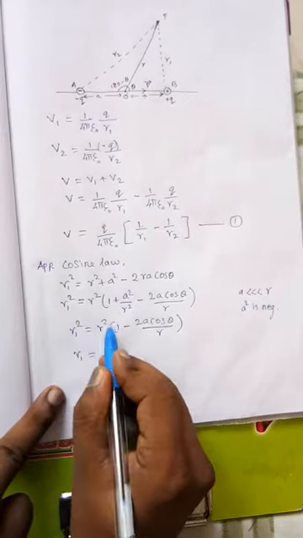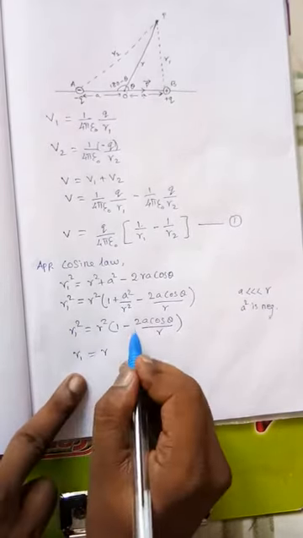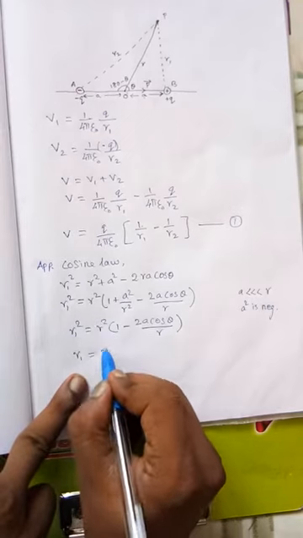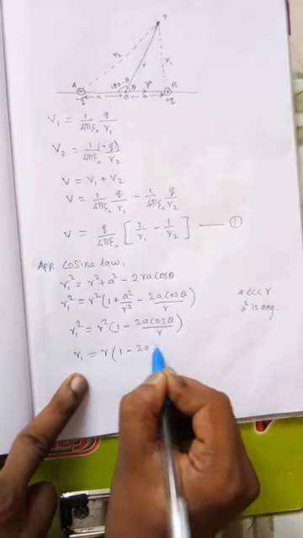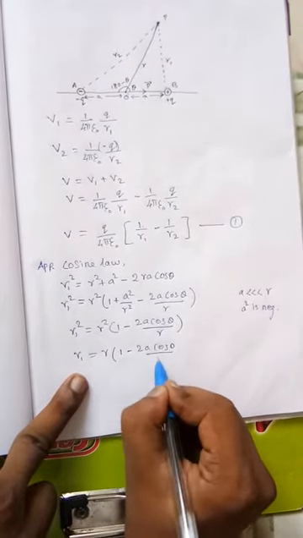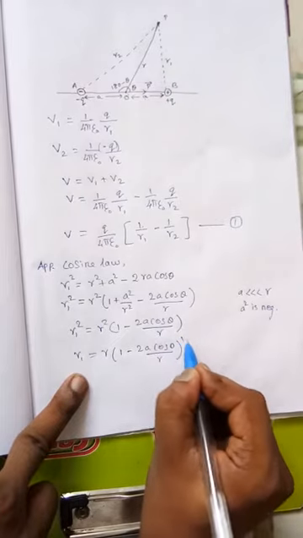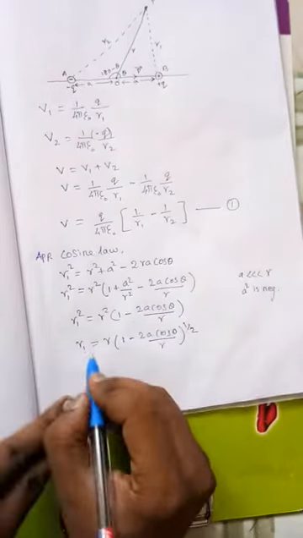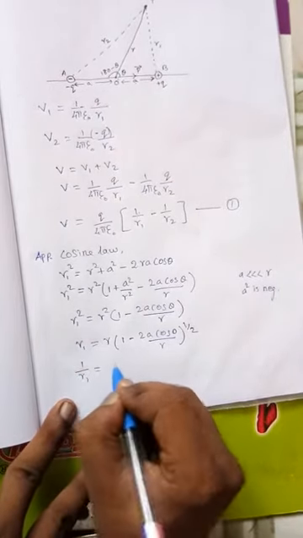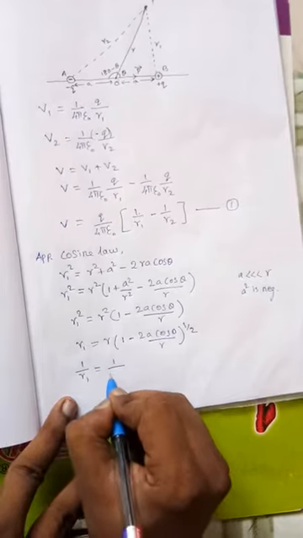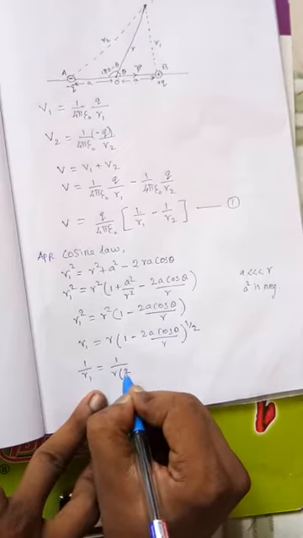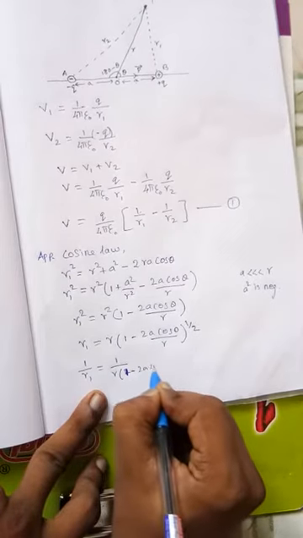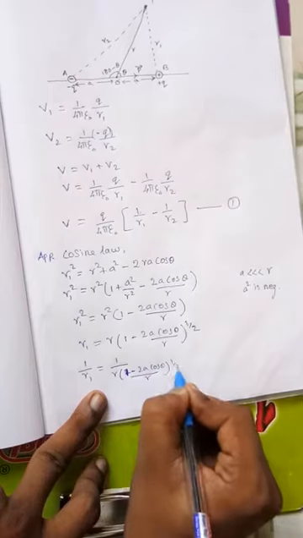Square, you take this side root. You take root, square will come to the right hand side, root. It will become root R square, root R square, R (1 minus 2a cos theta by R) whole power 1 by 2, because root is power 1 by 2. So we want to find 1 by R1. So 1 by R1 is equal to 1 by R into (1 minus 2a cos theta by R) to the power 1 by 2.